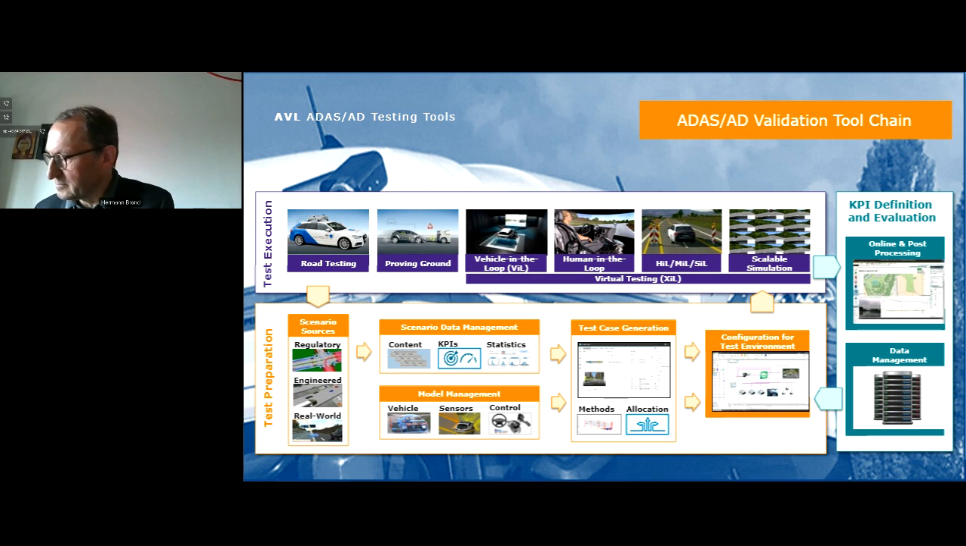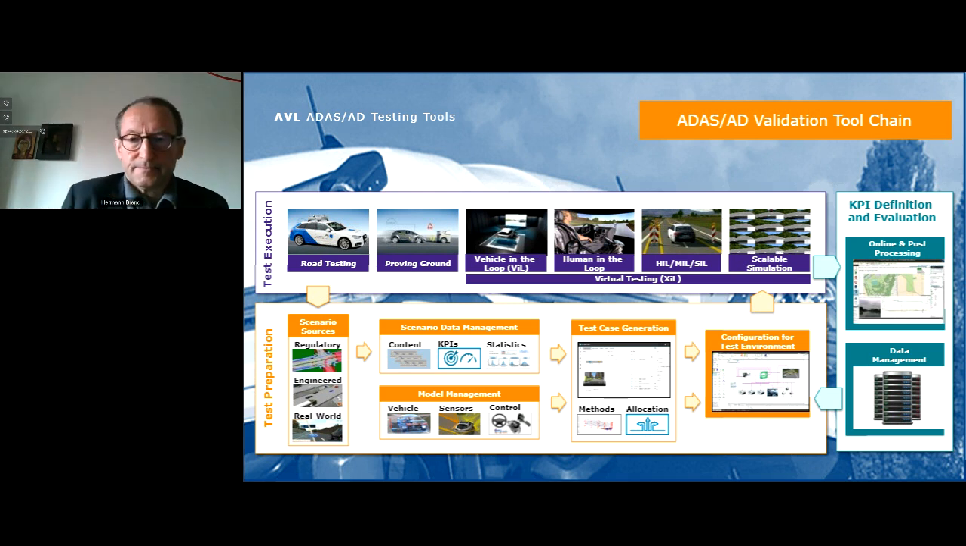First, you collect all the information of the scenarios, whether you collect them from the real world, you engineer them from your requirements, from regulatory stuff, or you generate these synthetic scenarios. You need all the models of the vehicle, the sensors, the control, the outside world, together with the statistics, the KPI, and then you generate the tests, and you can run them, especially then in a scalable simulation, somewhere in the cloud with 10,000 or 100,000 of parallel executions, and then you try to figure out where are these